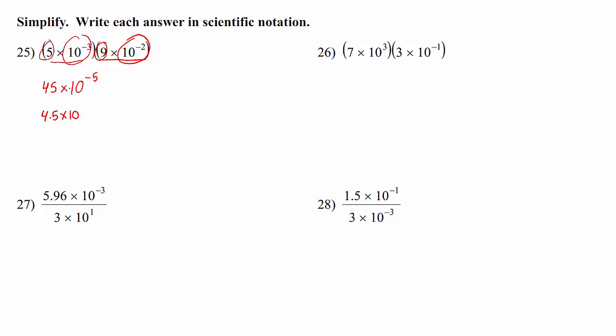And what it does is it does the opposite of what we think. We took 45 and we made it smaller to 4.5, so it actually adds 1 to our exponent. Negative 5 plus 1 is negative 4. We can confirm this by figuring out what 45 times 10 to the negative fifth power is as a normal number. I would have to move it over 5 places,